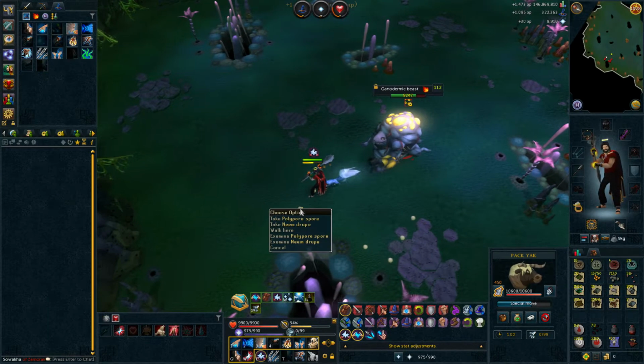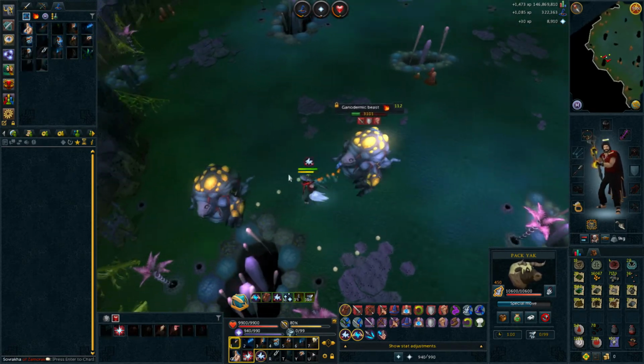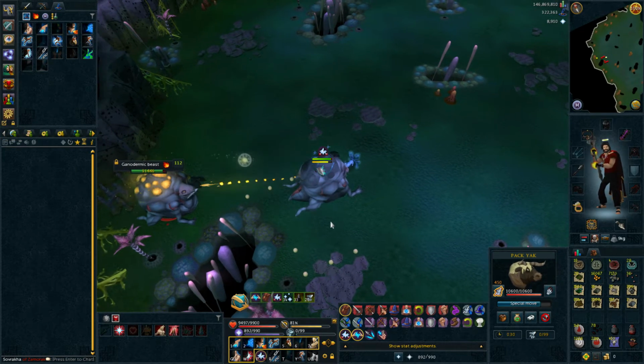The only two things to keep in mind while fighting Ganodermic beasts is that, like all polypore creatures, they will deal damage quite quickly if you get too close to them by means of infection. As well, you will have to right-click the neem drupes they drop, as most of the seeds they drop will